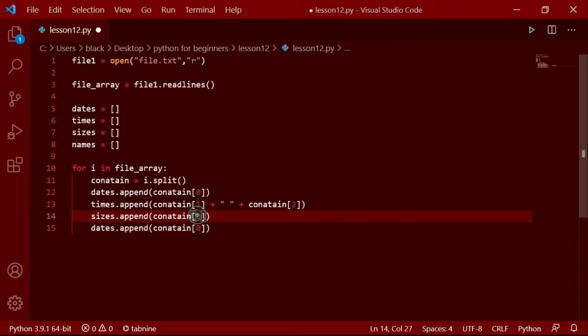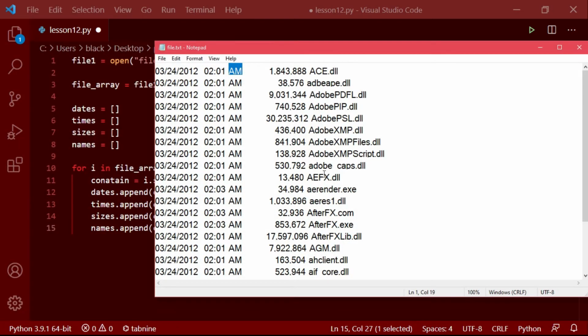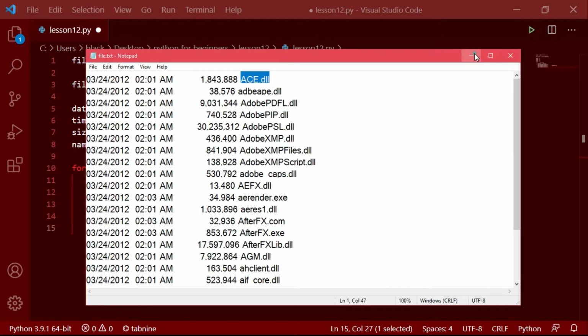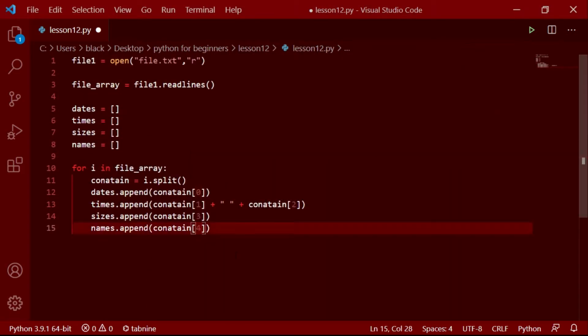So append contain, it is third index, so we have to give here 3. And for the names we have to give all other things after this third index, which is starting from 4 and up to the end. To do that we give this range 4 and up to the end.